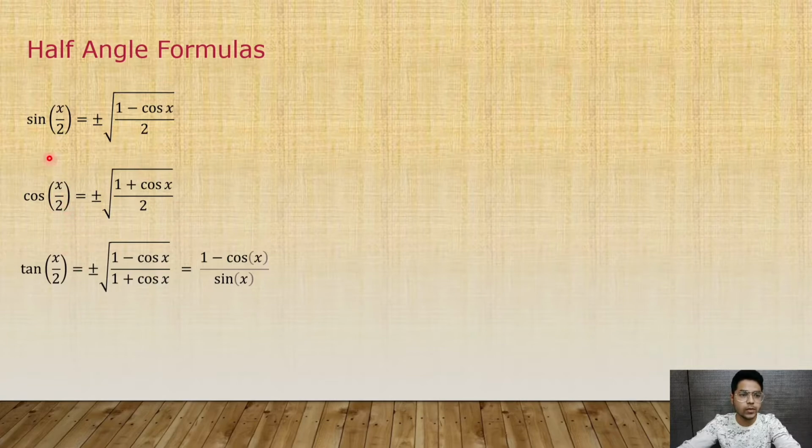What are the formulae basically? So cos of x/2 is equal to plus or minus the square root of (1 plus cos x) divided by 2, and tan of x/2 is equal to plus or minus the square root of (1 minus cos x) divided by (1 plus cos x), that is equal to (1 minus cos x) divided by sin x. Now turning to the next slide,